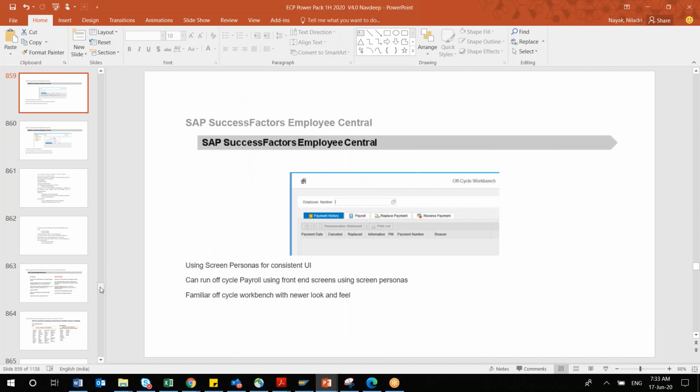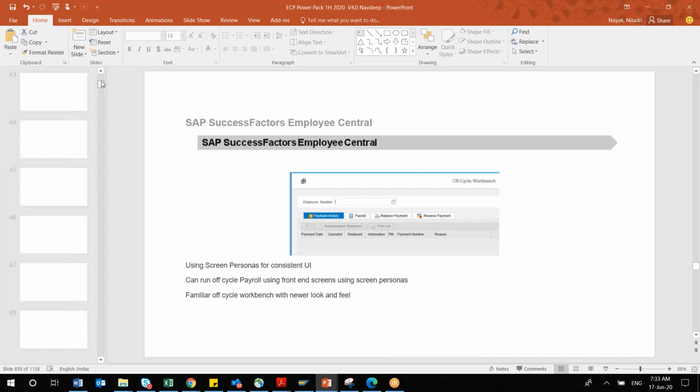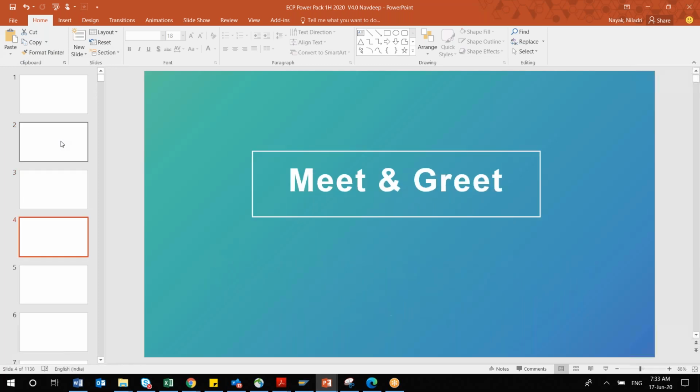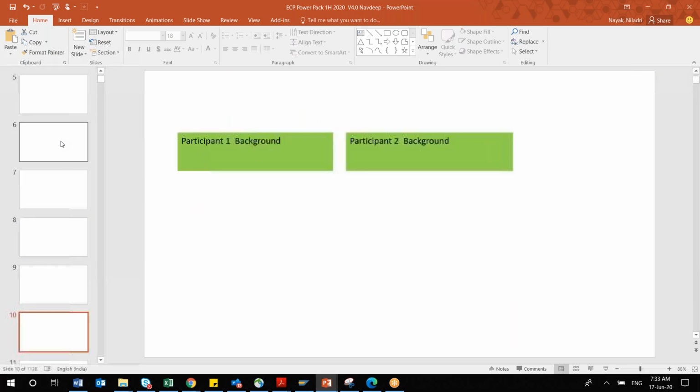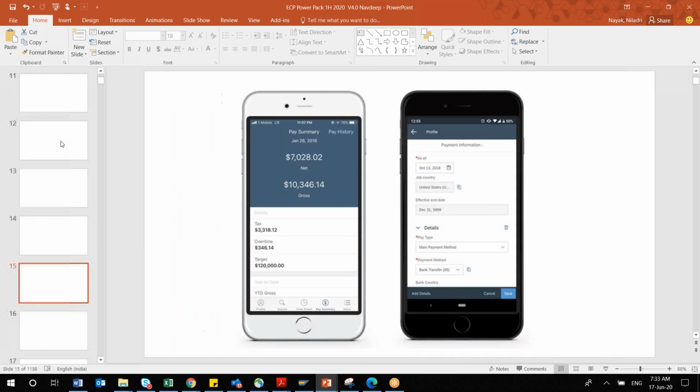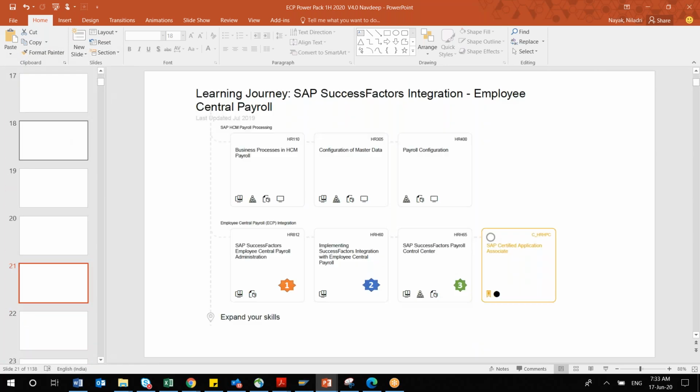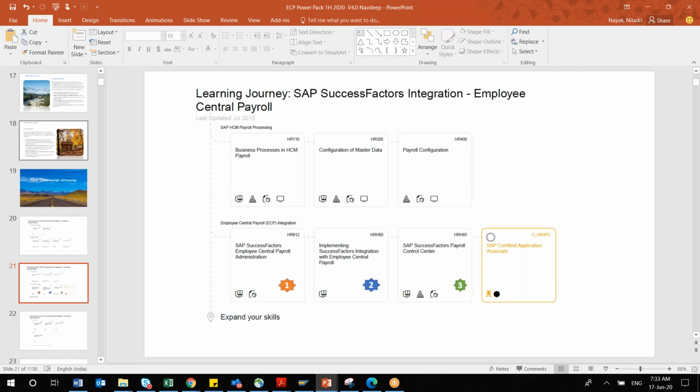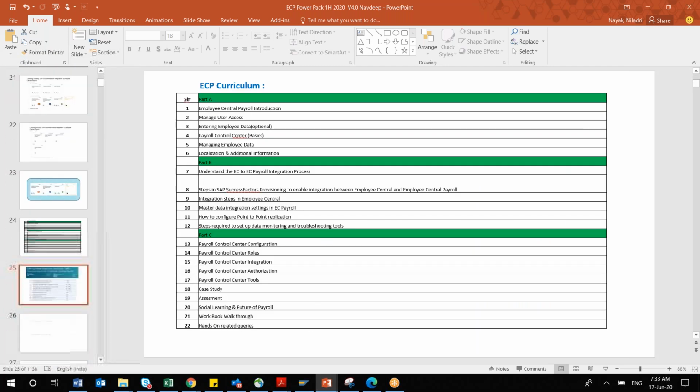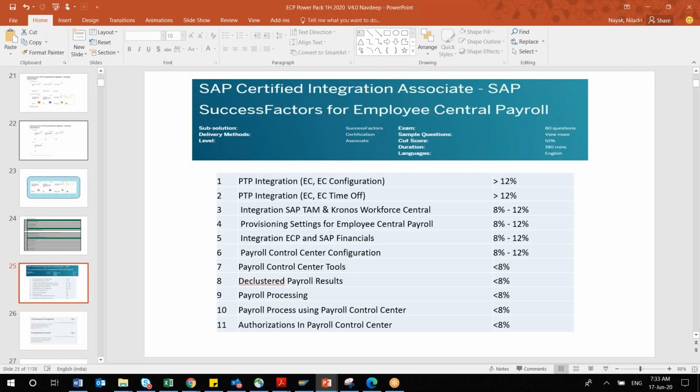In those documents, what they have mentioned, if I go back to the certification once again, the certification path which I explained on day 1 or day 2, the thing is, if you go to this official guide, the official certificate, this is actually the official certification syllabus, which I was telling you.